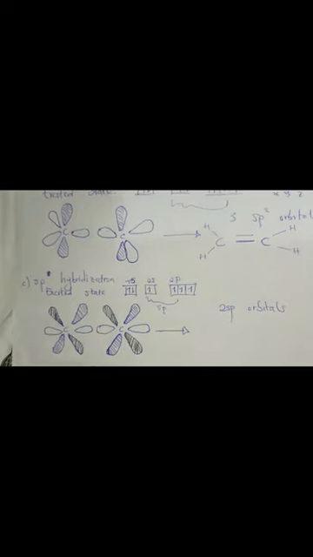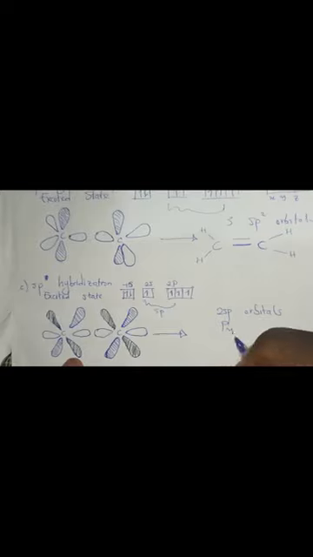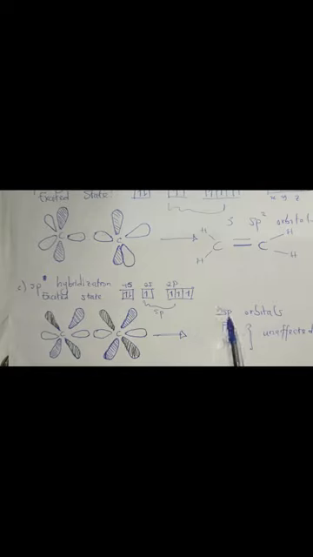So we're going to have 2 sp orbitals, and we also have the py and the pz orbitals unaffected. When these two sp orbitals are formed, they are oriented linearly, so they have a bond angle of 180